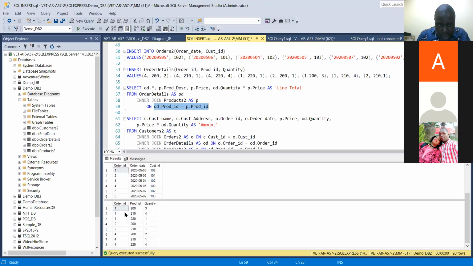That's the order details table. It's just showing numbers. I may want to see the product description. This product 200, what is it? So I may also want to see what's the price or the amount to be paid for this product. Okay, so to do that,